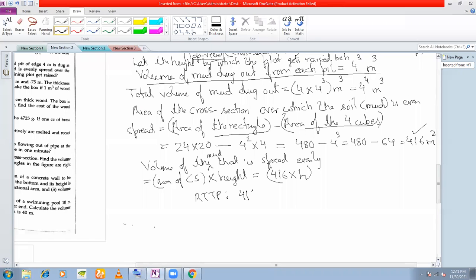The volume of the mud that is spread, 116 into H, must be equal to the volume of the mud that is taken out. This is the volume of the mud that is taken out. Total volume must be equal to 4 to the power of. So from this, you can solve for H. So if you divide both sides by 416,